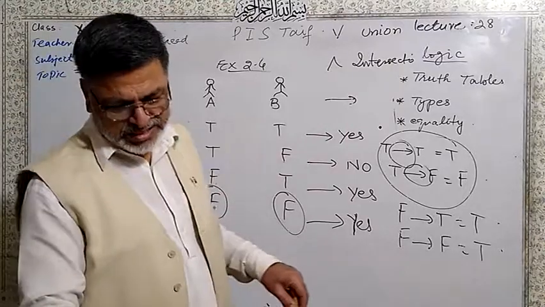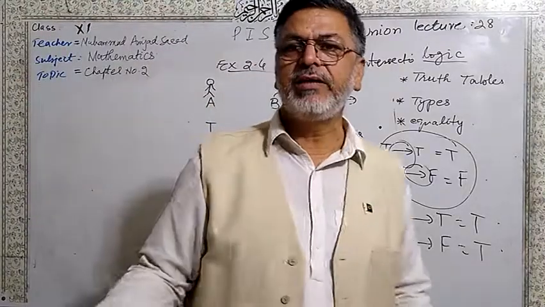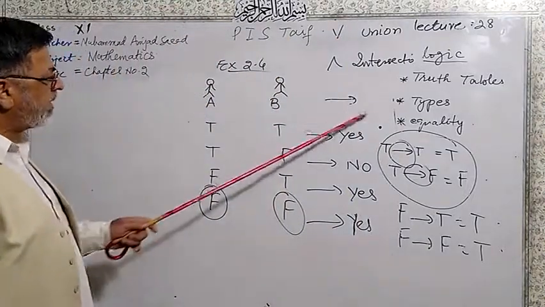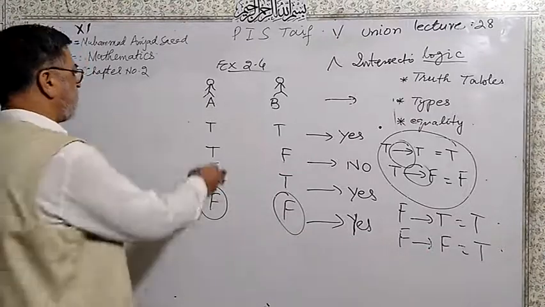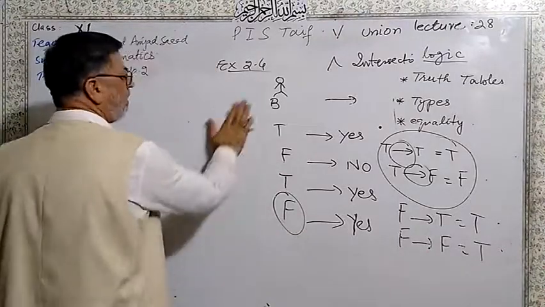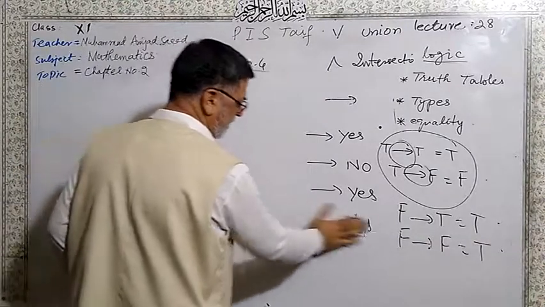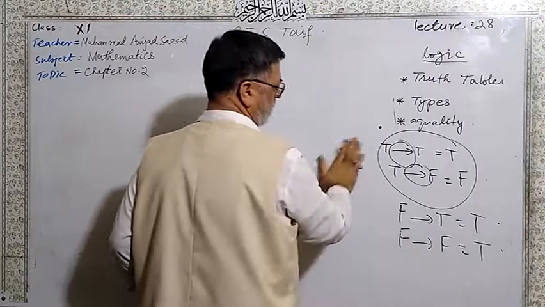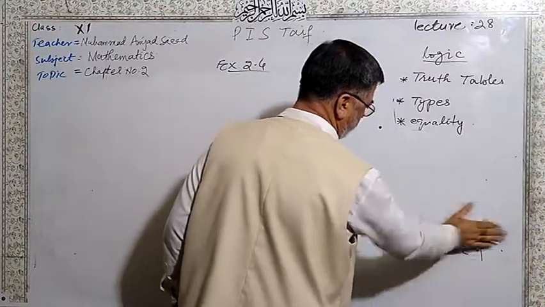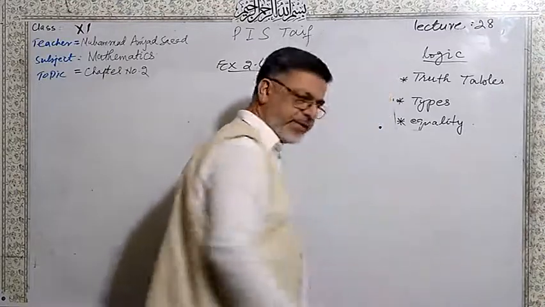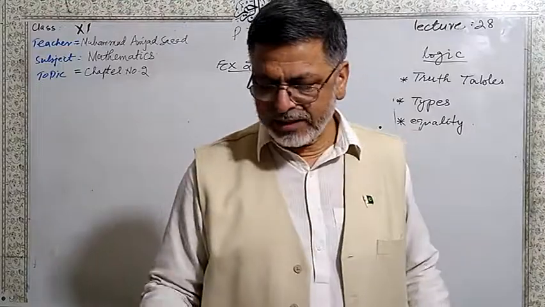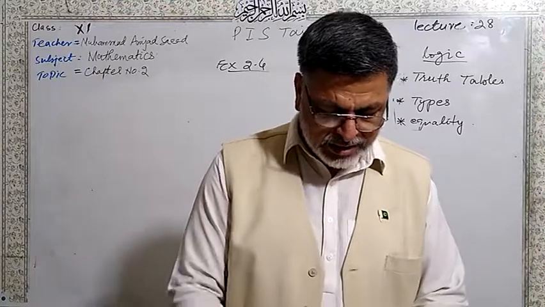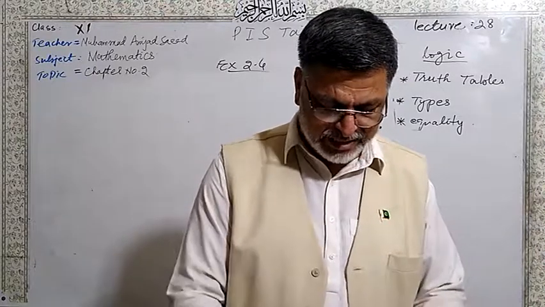So these are different actions applied in our human nature and in our human actions, so that we can use them in the logics. I hope that you understood this example for the logics. T to T is T, T to F is F, F to T is T, and F to F is T. In the truth table you can have this. Now you come to question number 2. Construct the truth table for the following statements.